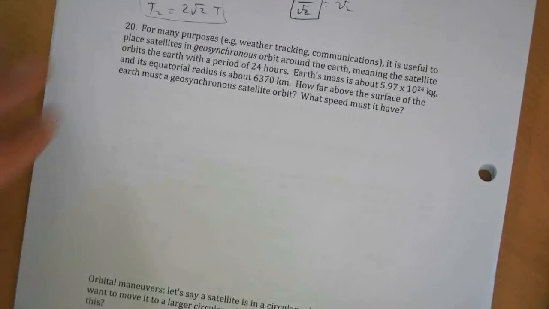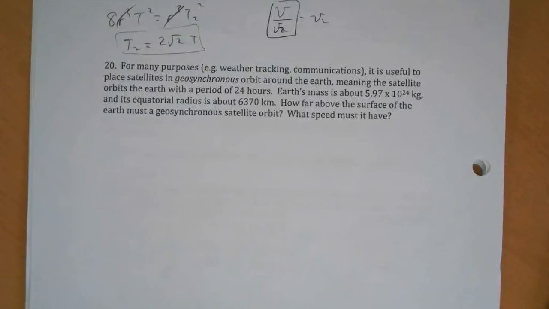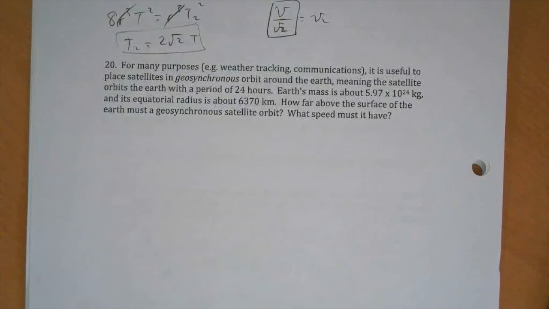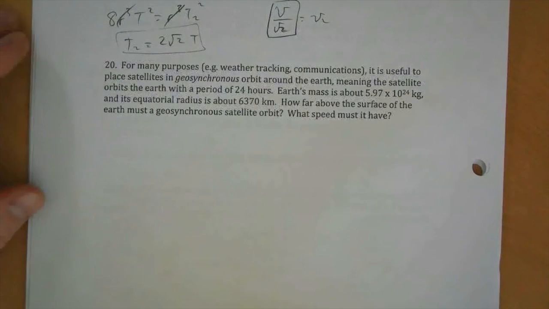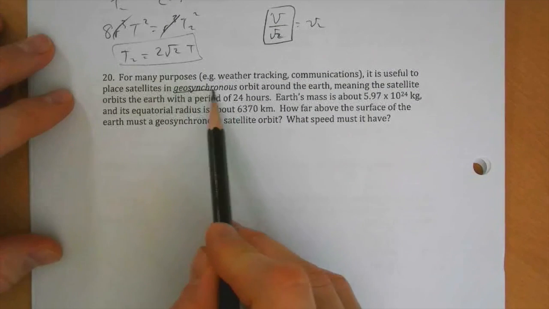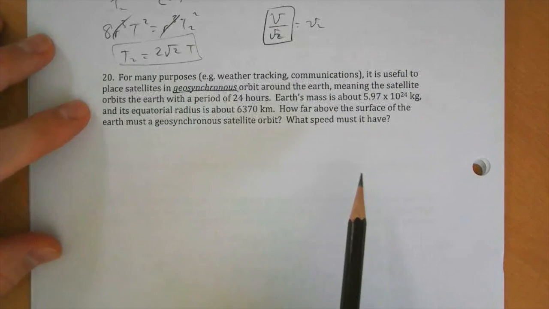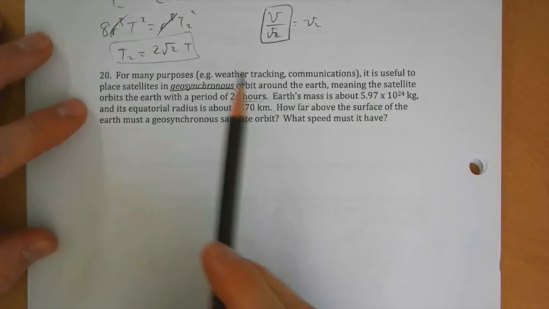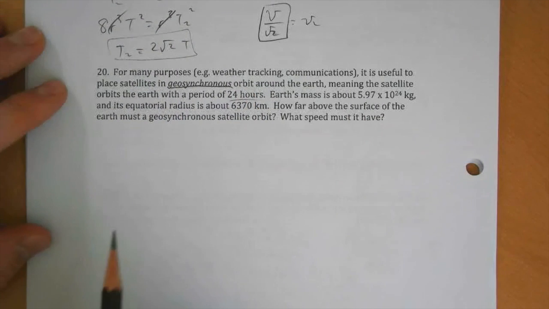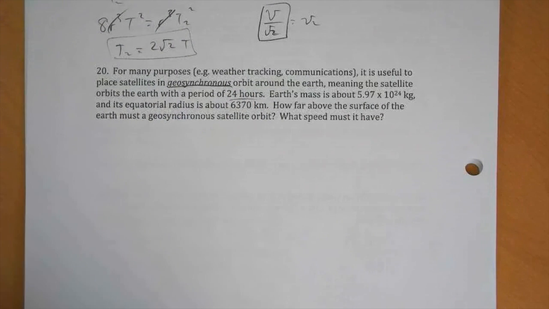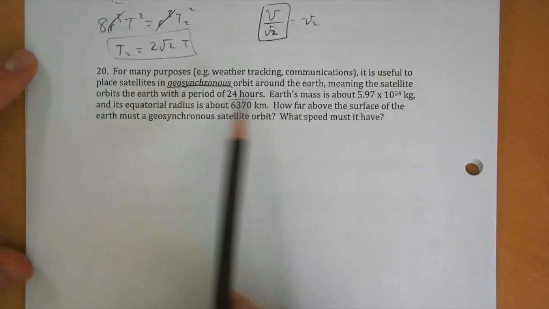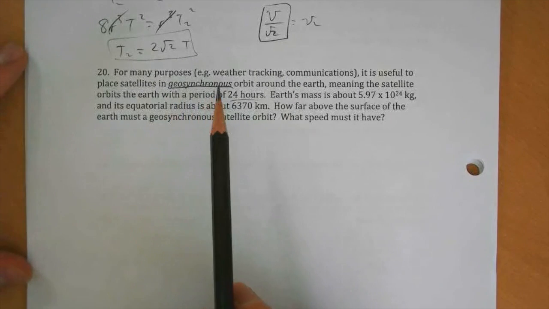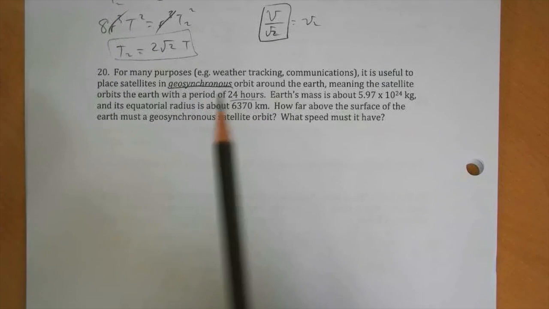One thing that people do with satellites, put them in orbit, for some purposes, weather and communications particularly, it's useful to put satellites in a geosynchronous orbit around the Earth, meaning the satellite orbits the Earth with a period of 24 hours. So synchronized, geo, Earth, synchronous. So it's synchronized with the Earth. It orbits around the same amount of time it takes the Earth to rotate once. So if you put a satellite in a geosynchronous orbit above the equator, then it's directly above the same point on Earth all the time,